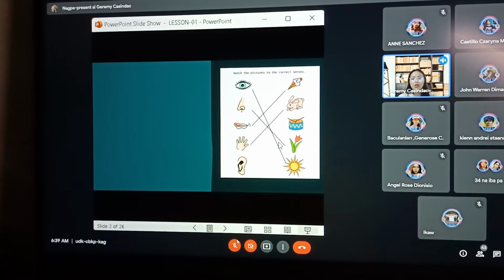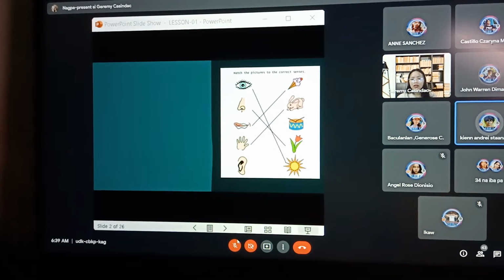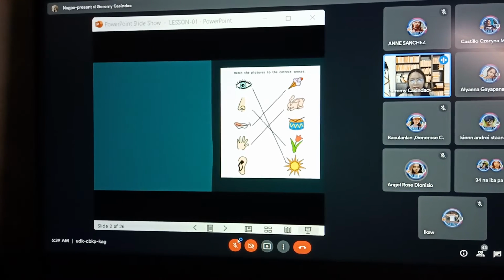And last one, of course, for the ears, that will be for what? Drums po. Okay, that's correct, for the drums. So this matching type is definitely related to our topic today, which is all about the